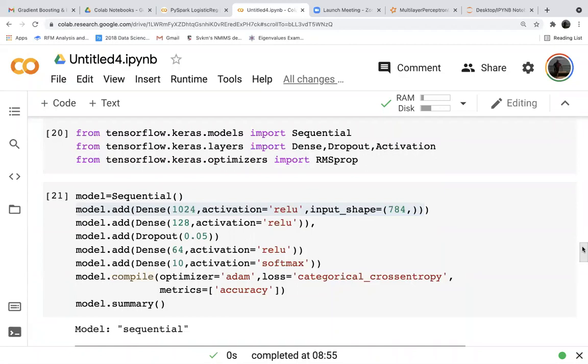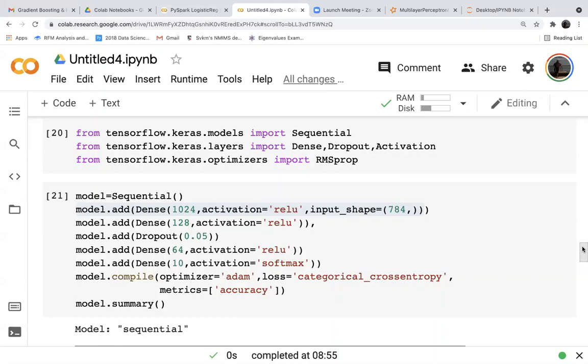Once you have done all these layers, convolution with dropout, convolution with dropout, and convolution with dropout, we finally flatten the data. Flattening means that till now the data is in a matrix format, and now it will be a single vector format, which is like the inputs to the neural network.